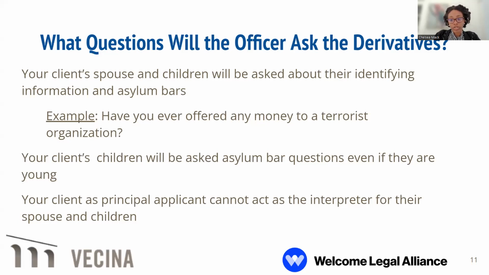And then also, it's a good note here just to emphasize, and I know Jenny just spoke a lot about the interpreters, but if your principal applicant is fluent in English, but their spouse or their children are not, which may be common with many of your cases, that spouse and or those children are going to need their own interpreter. Your principal applicant cannot interpret for them. So just make sure you're making note of that when you're preparing to go to these interviews. If any of the family members are not as fluent in English, it's okay, but they will not be allowed to interpret for one another because they are all applicants on the same application.